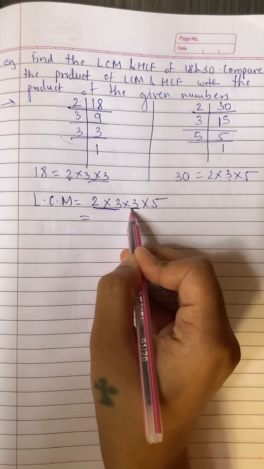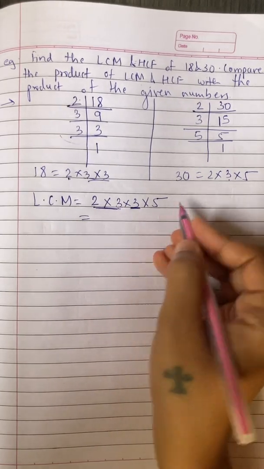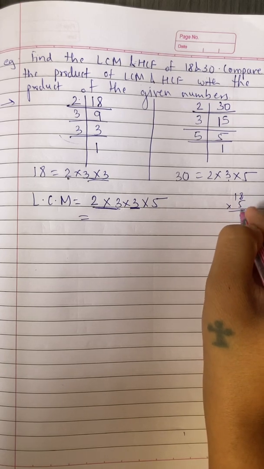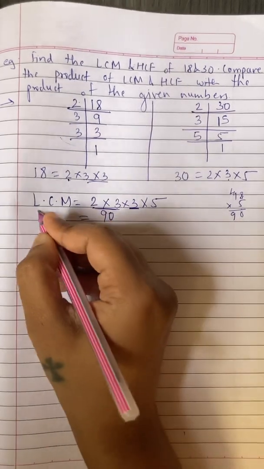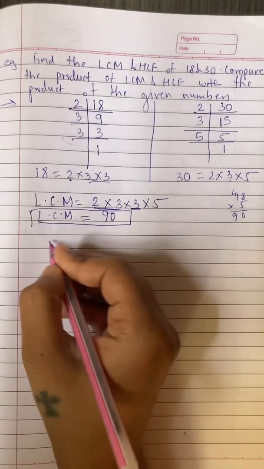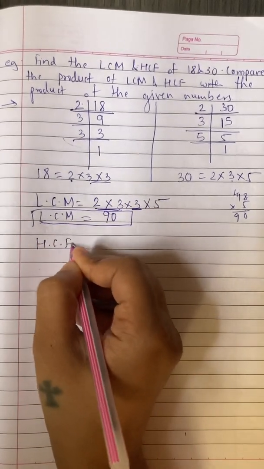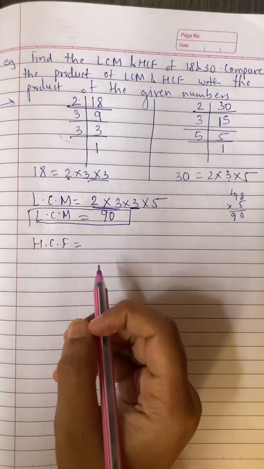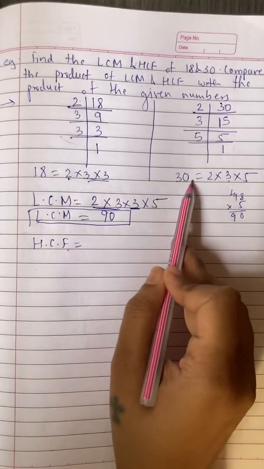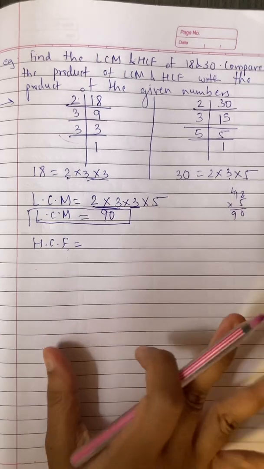6 3s are 18, and 18 5s are, you do it. 8 5s are 40, 4 carry, 5 1s are 5 plus 4 is 9. So LCM is 90. So LCM we found out. Now how do we find out HCF? If you remember properly, you should remember properly. So to find out HCF, we find out in both the numbers only the common factors, okay, for